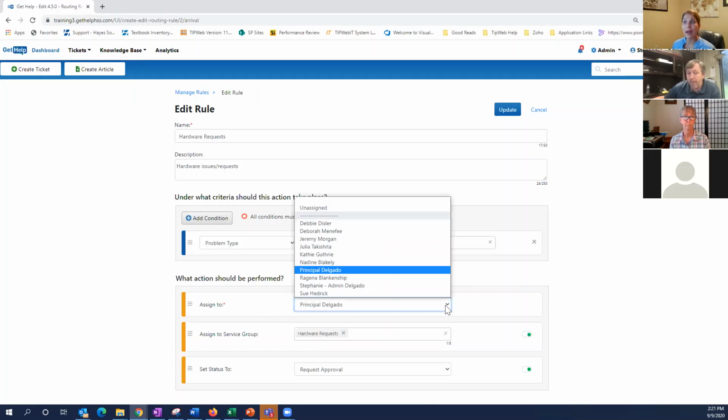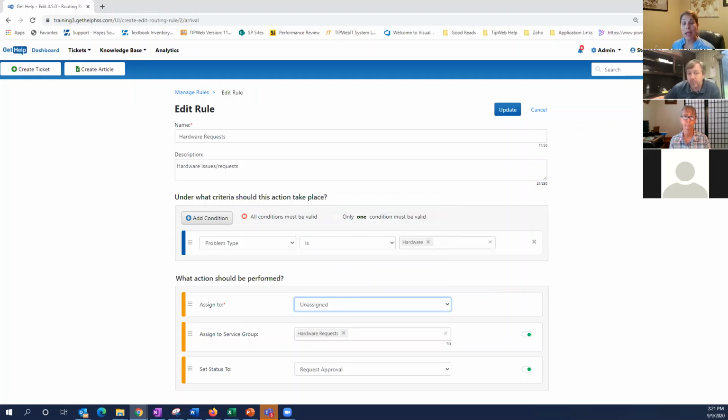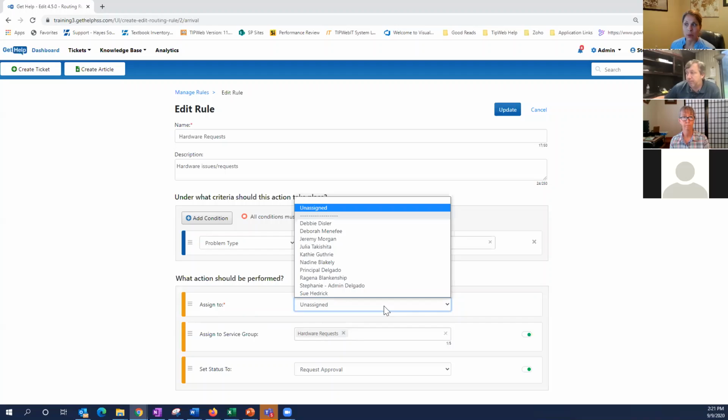Now, I can say unassigned, and if I do so, I will want to ensure I apply a service group, everybody. The reason for that is if I do not apply a service group here, there is opportunity that there'll be a void, because it'll sit in your unassigned. Nobody will get notified that that ticket has been submitted. So we definitely recommend ensuring that you apply a service group at minimum if you do choose unassigned as the assigned to. It's a required field, as you see with my asterisk here,